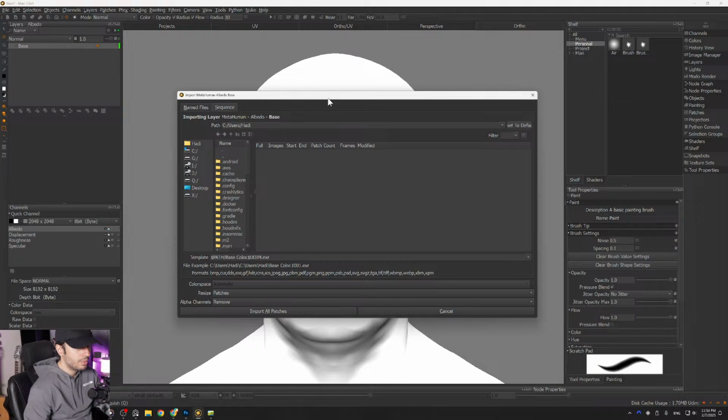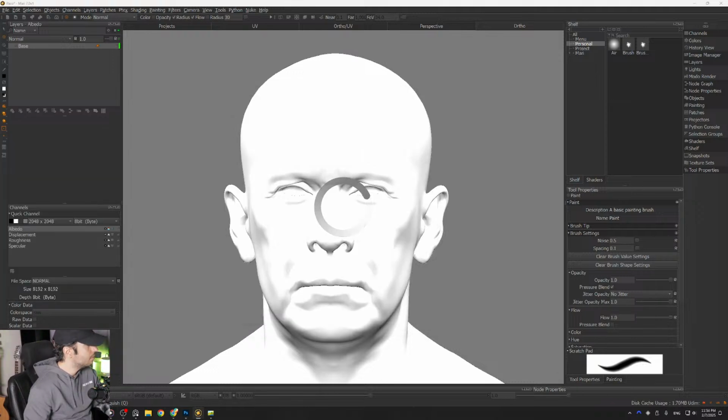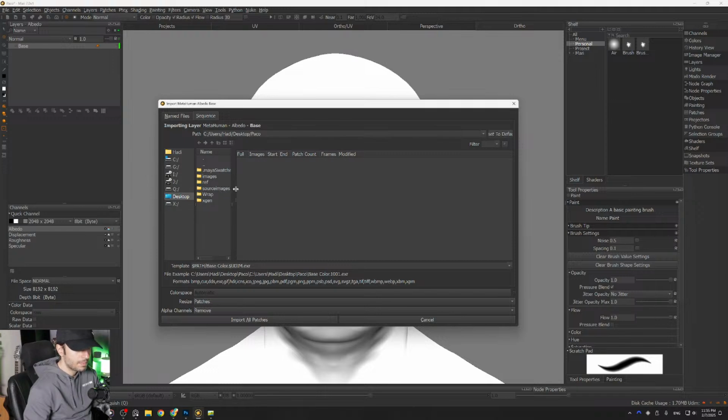A new window appears. You just have to find the path to texture, which is inside the wrap,